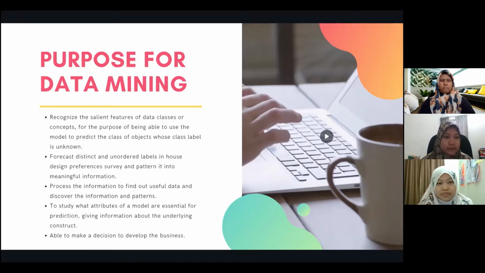And then process the information to find useful data and discover information and patterns. Number four, to study what attributes of a model are essential for prediction, giving information about the underlying construct. And lastly, to be able to make decisions to develop the business.